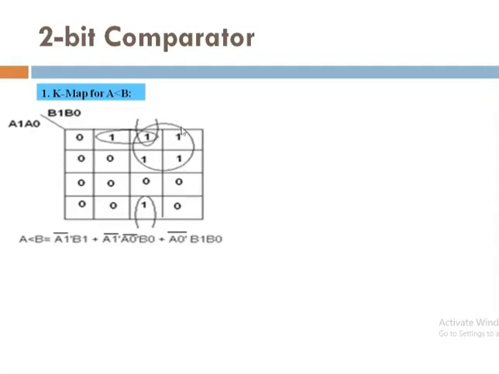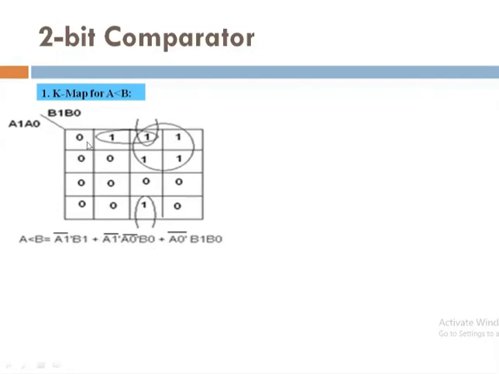One group is four cells, another group is a group of two cells, and a third group is again a group of two cells. So if it is a group of two cells, while writing the equations, my final terms will consider three variables. In case you have a four variable K-map, if you make a group of four cells, in the final term we get two variables, either in complementary form or in normal form. But this is a logic.